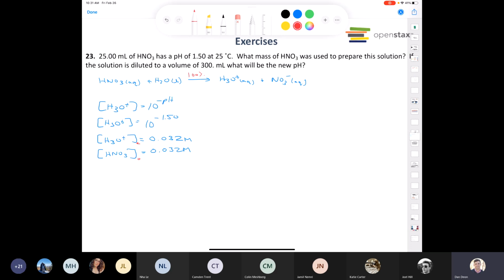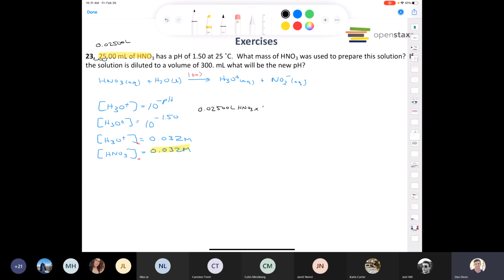So they're asking you what mass of nitric acid was used to make this solution. What kind of solution do I have? Now it's a general chemistry 1 problem. You've got 25 milliliters of a 0.032 molar solution. Gen Chem 1. Let's work it out. We've got this many milliliters. Let's convert it to liters. So 1, 2, 3. So we have 0.02500 liters of our nitric acid